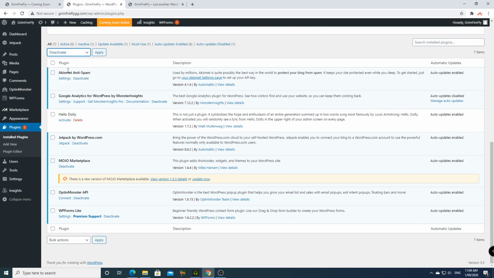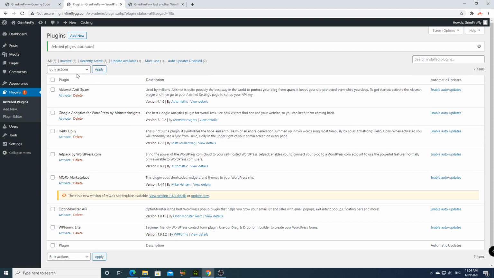Before we can delete them, we need to deactivate them. So we click the box at the top here, choose deactivate, then click all the plugins so each one is highlighted, and then we just hit apply. Now we wait for that to deactivate everything first, which takes a couple of seconds. Now we can see that they're all deactivated. Now if we go to delete, and then select all the plugins, we can hit apply because we're never going to be using any of these